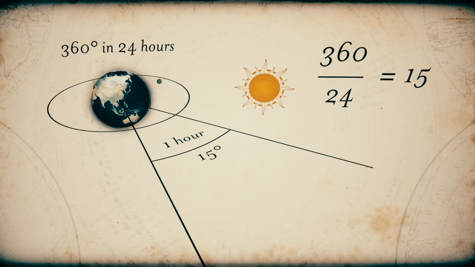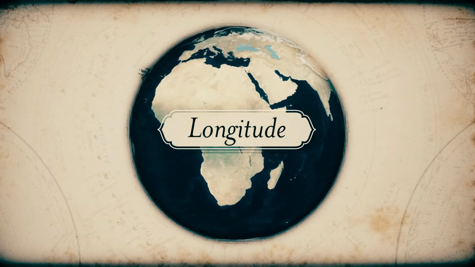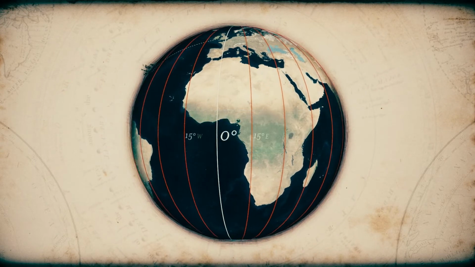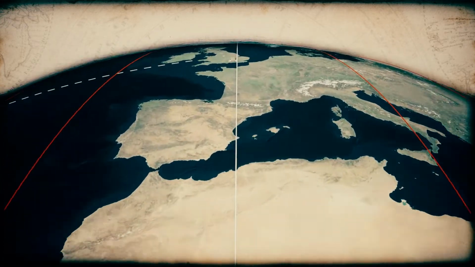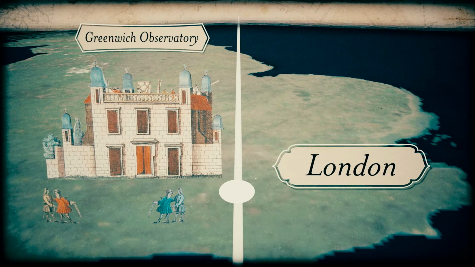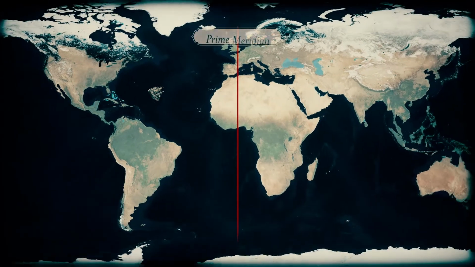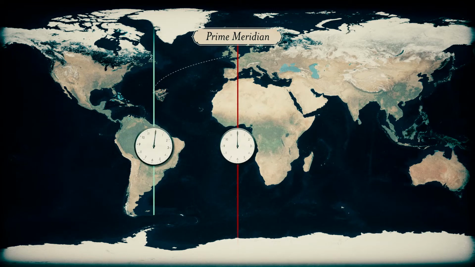Still with me? Just like latitude, degrees of longitude were established to mark new imaginary lines around the Earth, but these lines run north to south. And because the British thought this idea up, they decided that the 0 degrees longitude line, or the prime meridian, should run right through the Greenwich Observatory, located in London, England. If you have an accurate clock on board your ship and set it to Greenwich Mean Time, you can then compare Greenwich time against the ship's local time to determine how far you are east or west of Greenwich. Here's an example.